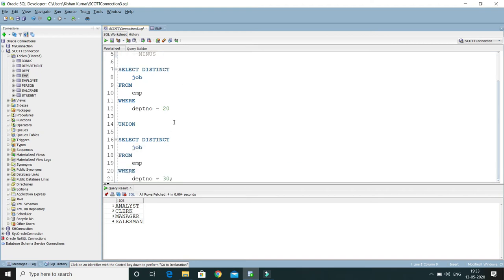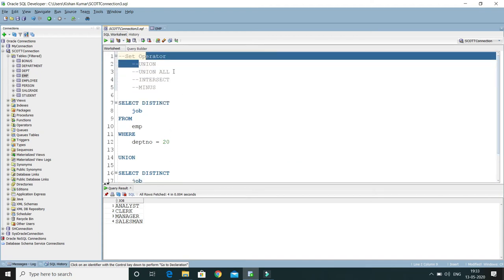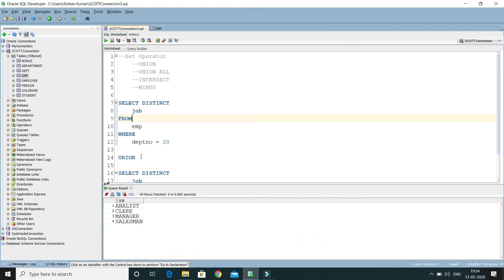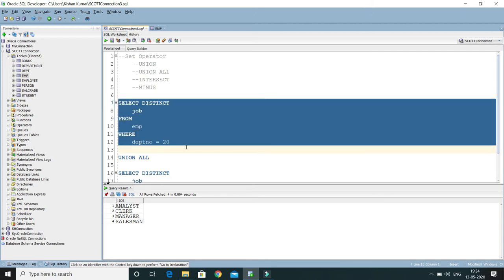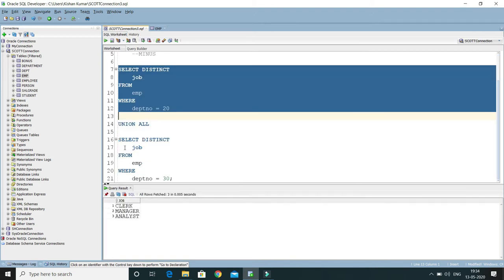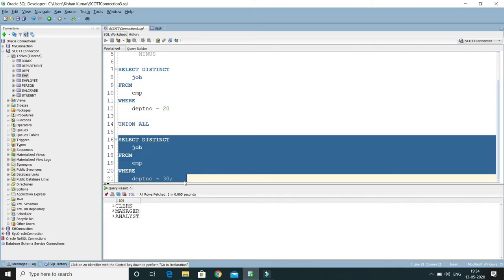Now union all does the same thing as union, but union all will bring all the duplicate rows as well. So if I run this same query with union all, then you see the output. If I run both queries independently, the first brings 3 results, and from department number 30 we also get 3 results.